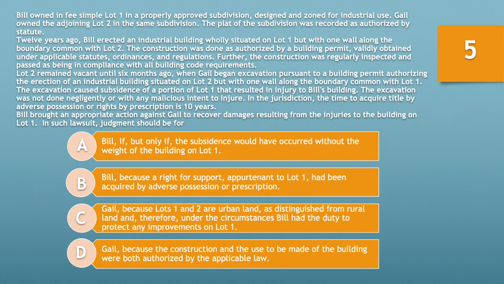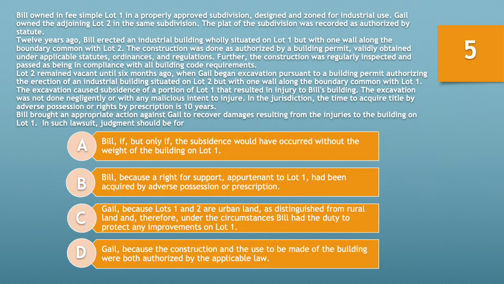Lot 2 remained vacant until 6 months ago, when Gale began excavation pursuant to a building permit authorizing the erection of an industrial building situated on Lot 2, but with one wall along the common boundary with Lot 1. The excavation caused subsidence of a portion of Lot 1 that resulted in injury to Bill's building. The excavation was not done negligently or with any malicious intent to injure. In the jurisdiction, the time to acquire title by adverse possession is 10 years. Bill brought an appropriate action against Gale to recover damages resulting from the injuries to the building